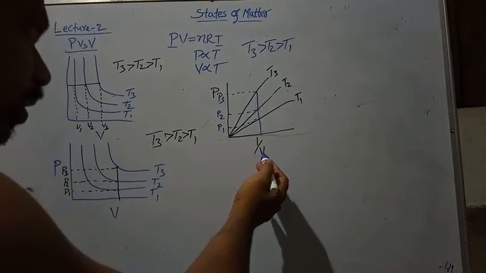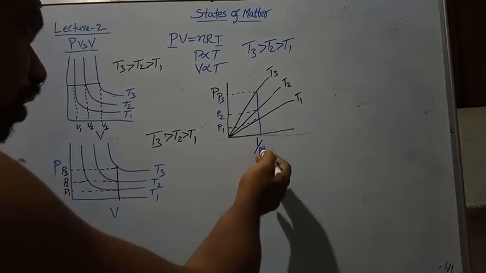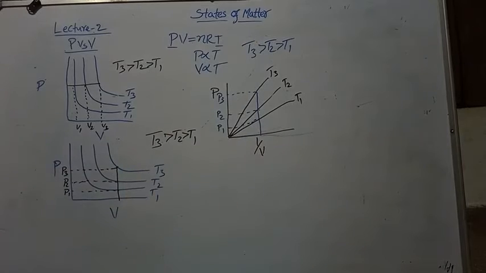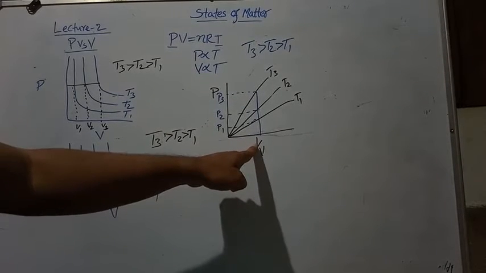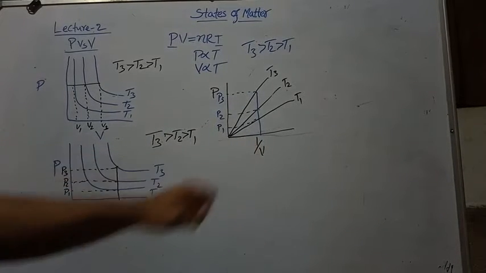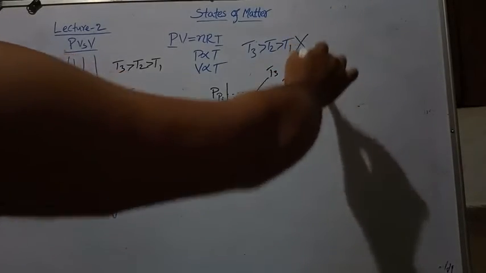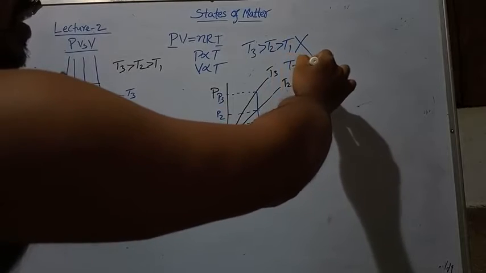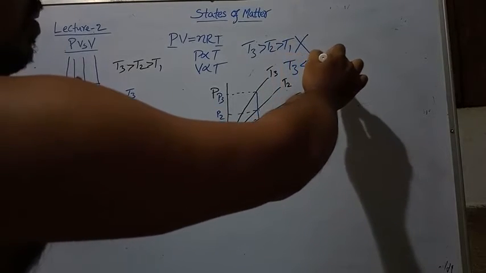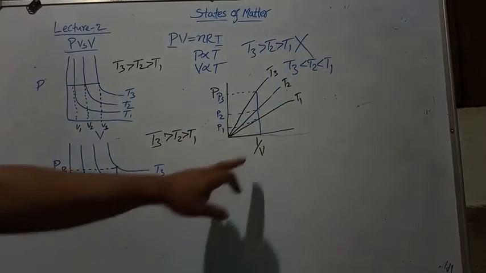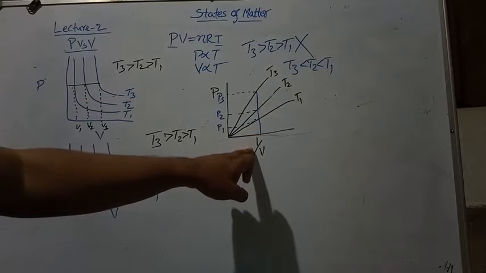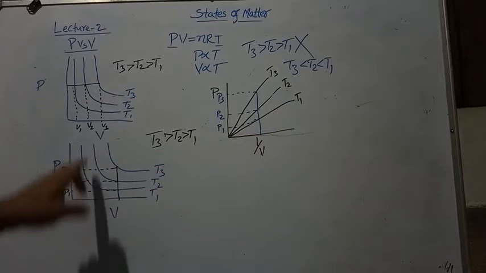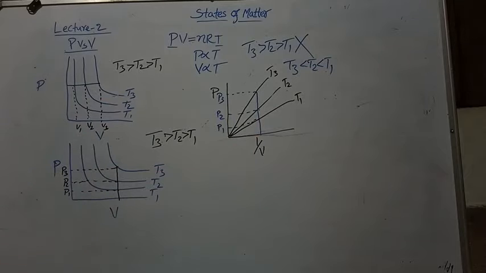But here, if only V is taken, it will look like the earlier graph. But what I am taking here is the inverse, that is why we do not get the same ordering. Instead we get the reverse pattern of the lines. Keep in mind, here volume is in terms of inverse, 1 by V is given, while there V is given. That is the difference. So these are the important graphs.